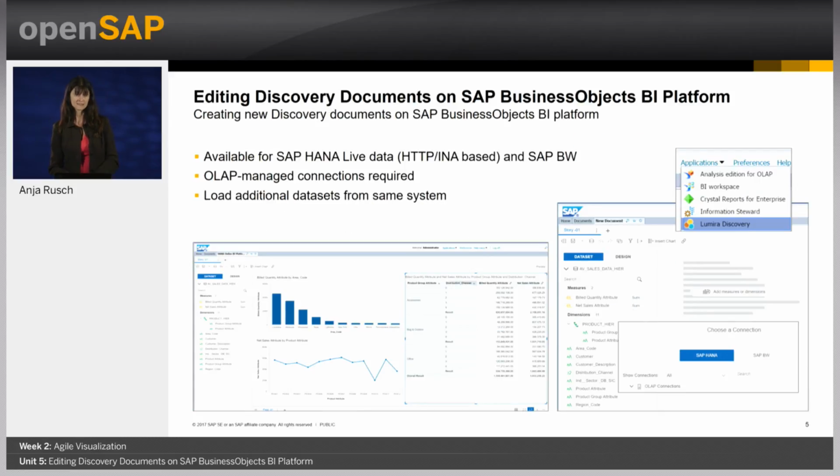Let's have a look at the next use case. You can create new discovery documents on the SAP BI platform, so without the need of a client. And this is available if you have SAP HANA Live data connected through HTTP INA-based, or if you have an SAP BW Live system. If you have the authorizations granted for you,